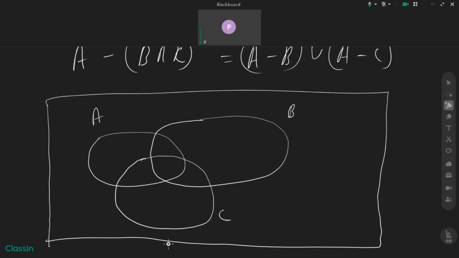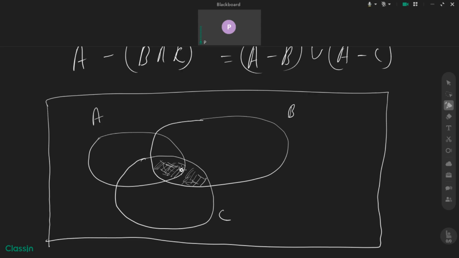Now, if I take A minus B union C, first let us find B union C. So, the common region between B and C. I can see that between B and C, we have this region, and this region is also between B union C because it is a region that is common between all. So this is the B union C. These two parts will be union between B and C. Now if I find A minus B union C, since I know A has this whole region,